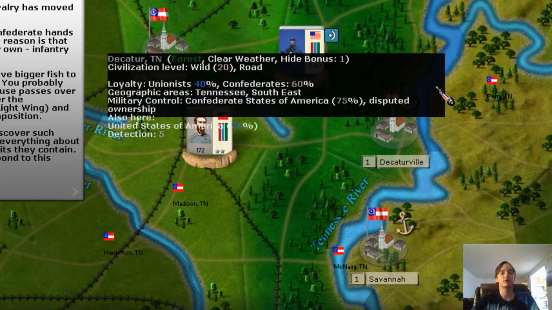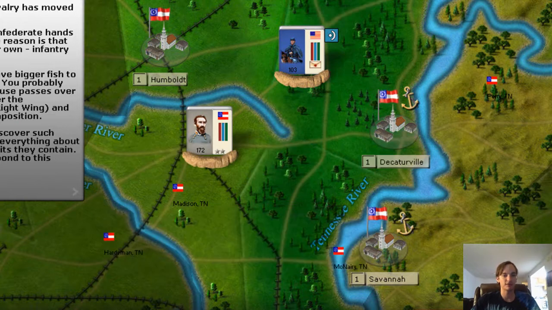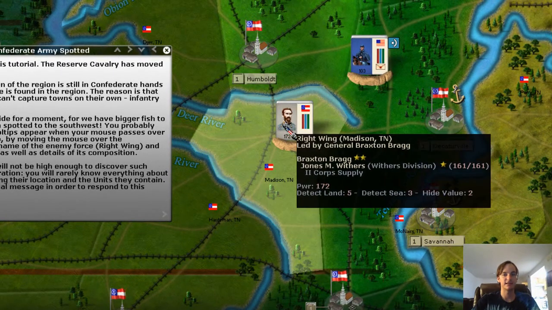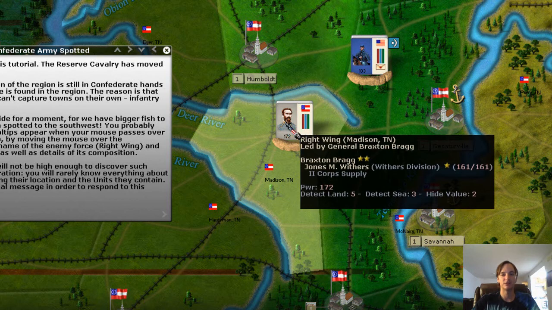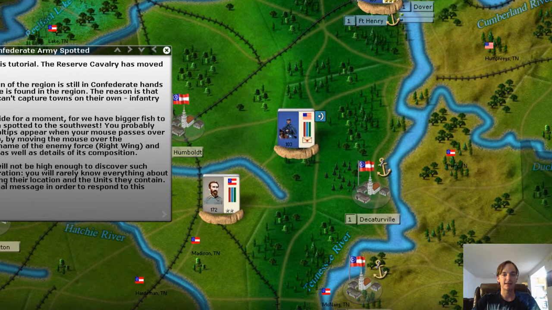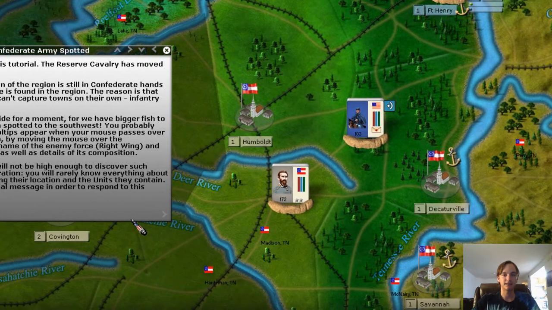Having said that, we weren't really that interested in the town. We were interested in what is down here in the fog of war, and now we can see Withers' division is led by Braxton Bragg. So, all right, those are very basic points